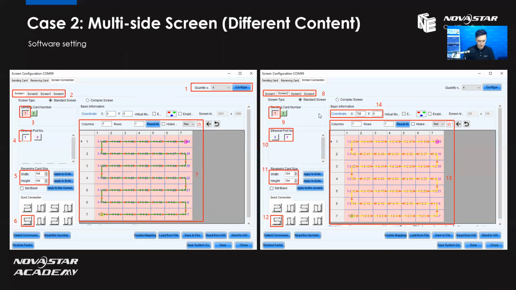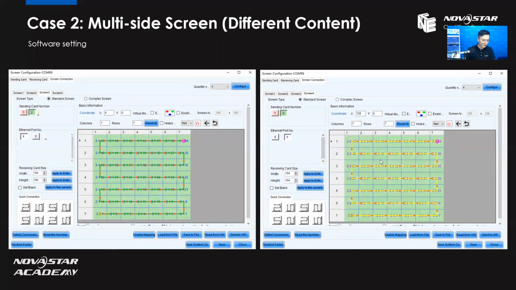Okay, this is screen 2. How to make screen 2. And let's move to screen 3. How to make screen 3. The screen 3 is driven by the sending card number 2, right? So I click the 2. Ethernet port is port 1. Then the same thing and same thing, and keep the x and y as 0 and 0,